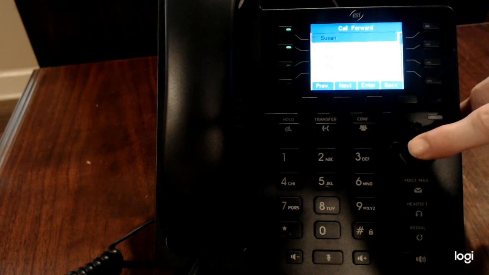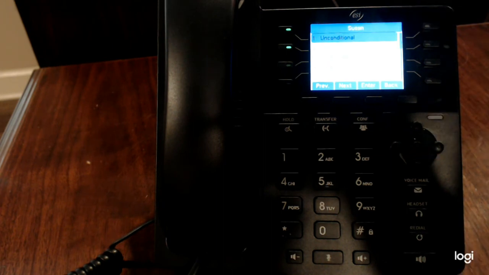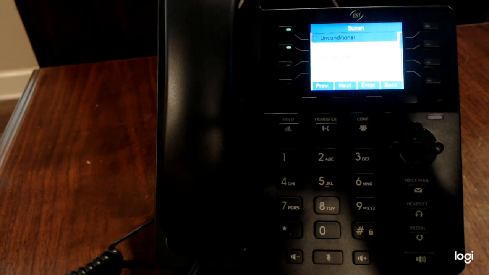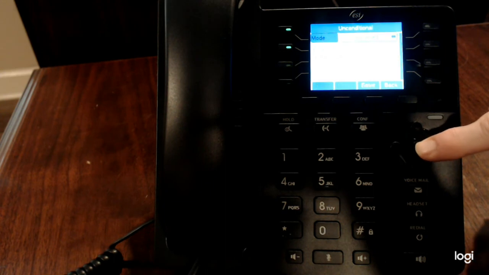You can select the first SIP1, which just means your line 1 or your main line. Then your options are unconditional, busy, or no answer. Unconditional is the immediate call forward. Busy, don't use too much. No answer would be like if your phone rings after so many rings, you want to forward it to another extension or offsite number. So if you want to select unconditional, you just say OK here, and then you'll notice